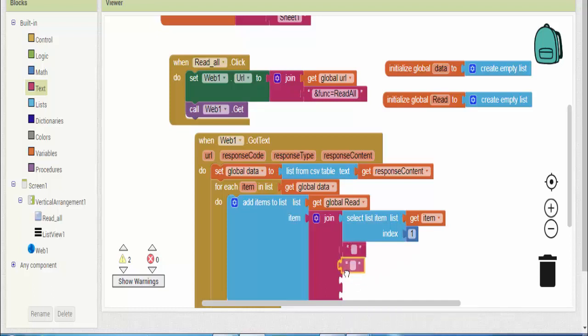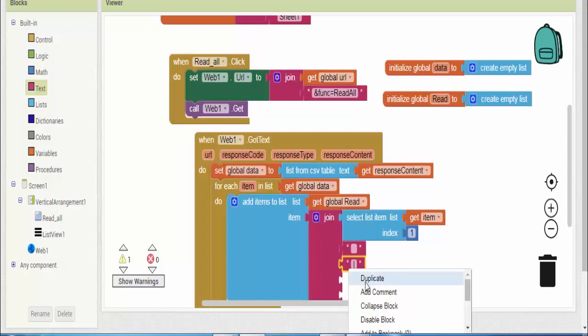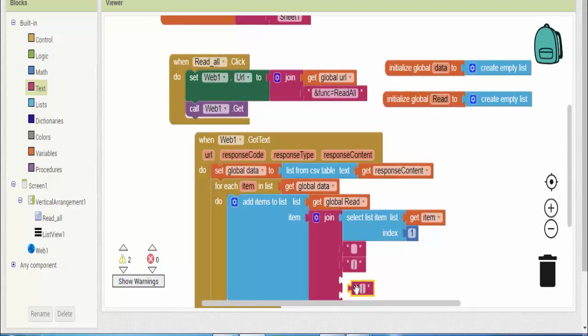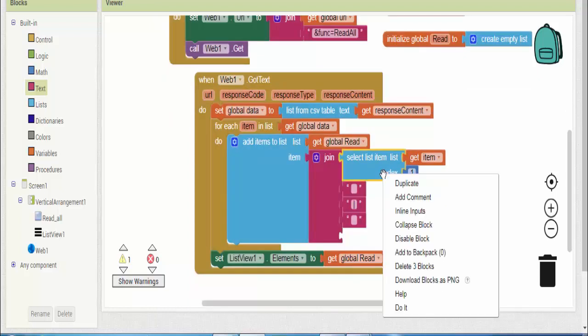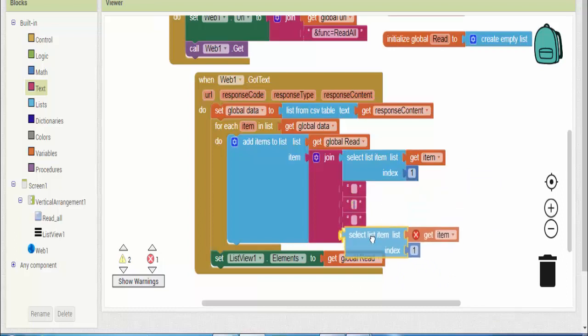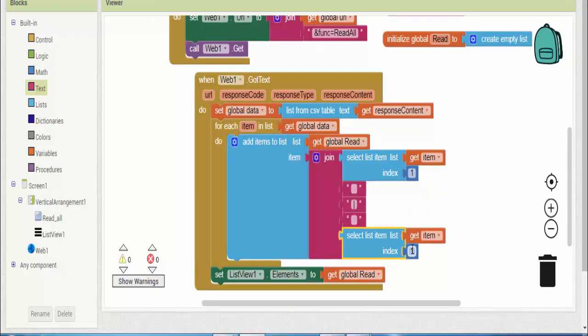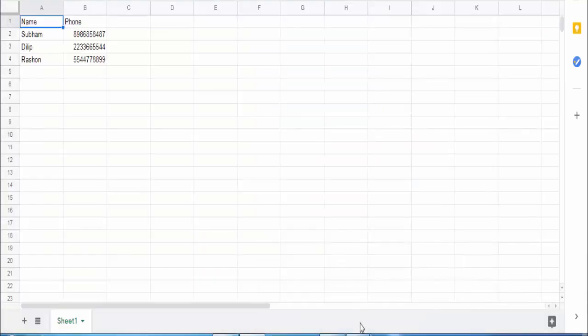In the second one we give a separator. Now in the third one we give another space. Now in the fourth one we give the number 2 column. So something a little bit added.